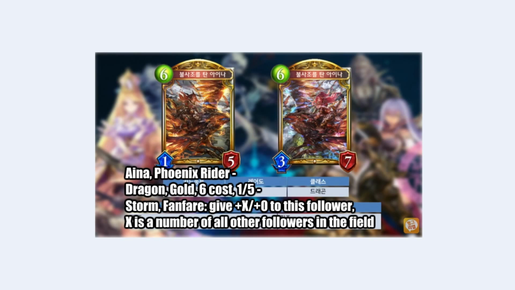Fanfare, give +X/+0 to this follower. X is the number of all other followers in the field. So this is everyone's followers. So at the most, you're getting a Storm that has, what, 9 plus, so it would be 10/5,